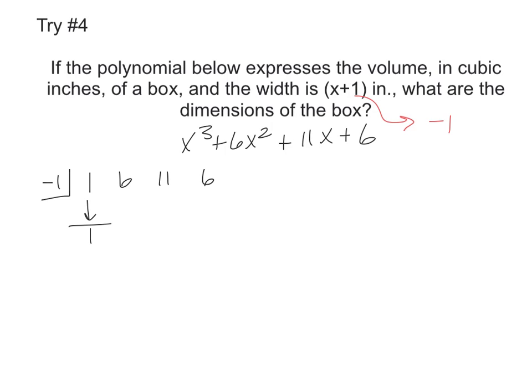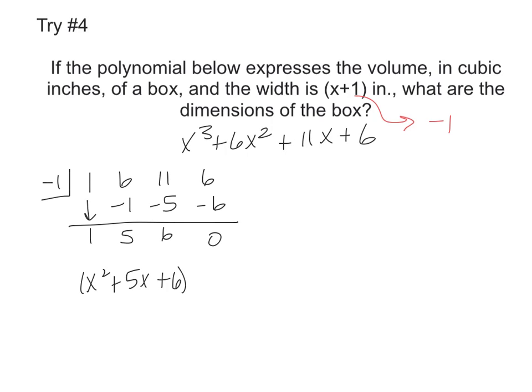You drop down the 1. Remember, we're trying to find the dimensions of the box. We already have the width, so in other words, we want to find the length and the height. Negative 1 and 1 will give you negative 1. If I add those, I get 5. Multiply, I get negative 5. Add, I get 6. Multiply, I get negative 6. Add, I get 0. So this expression, since the highest power was cubed, is now 1x squared plus 5x